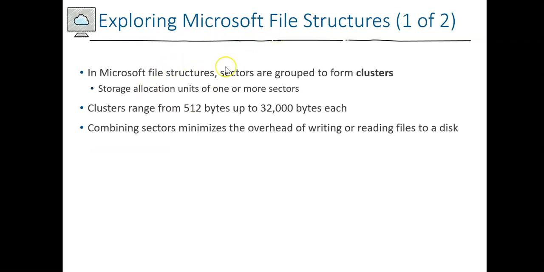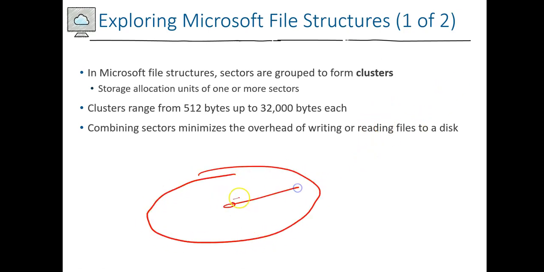We have the Microsoft file structure. I don't want to go into too much detail here. Cluster ranges from 512 bytes. When creating the disk, we have a command called format. So we have a disk here. We have a track,